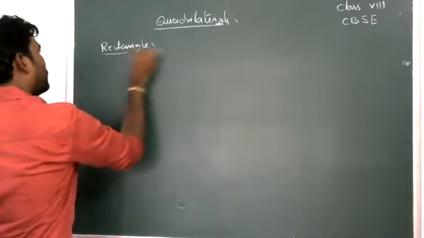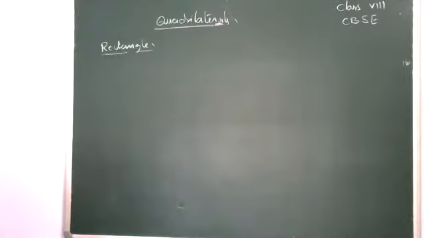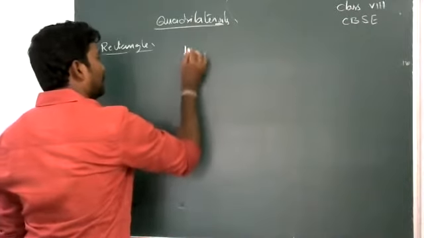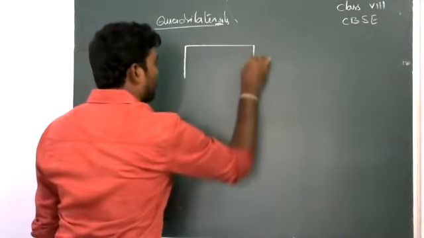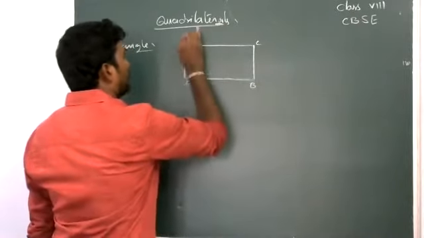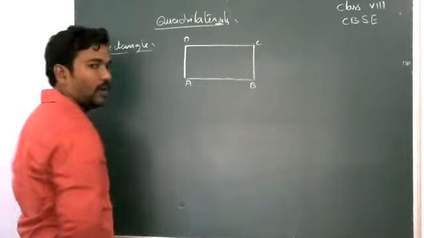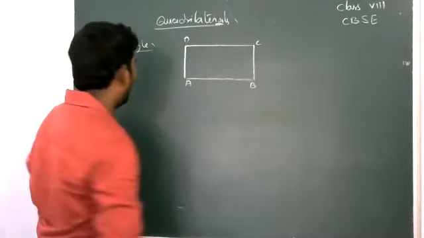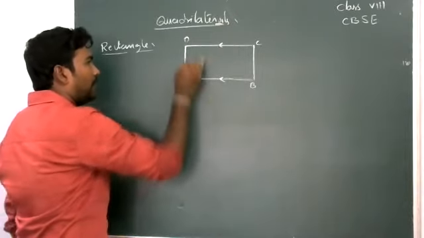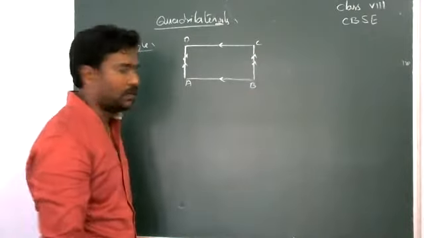You already know a few of the properties from this. I want to give clarification on this parallelogram. So first of all, you construct a rectangle. Here ABCD is a rectangle. A quadrilateral having, as in a parallelogram, two pairs of parallel sides.